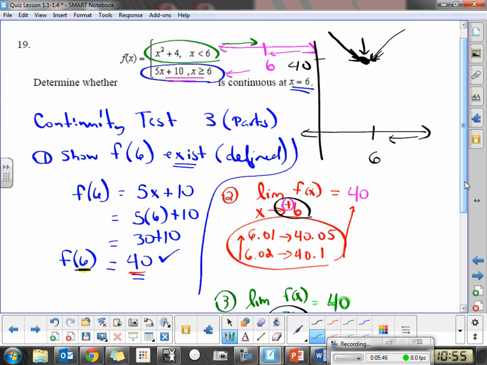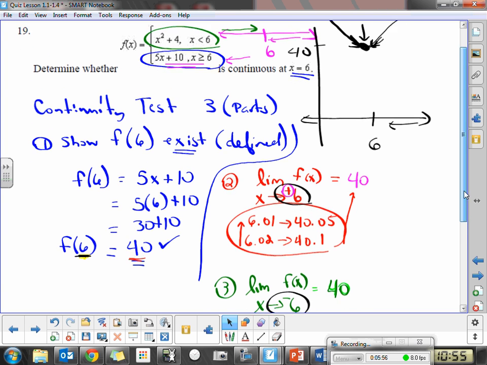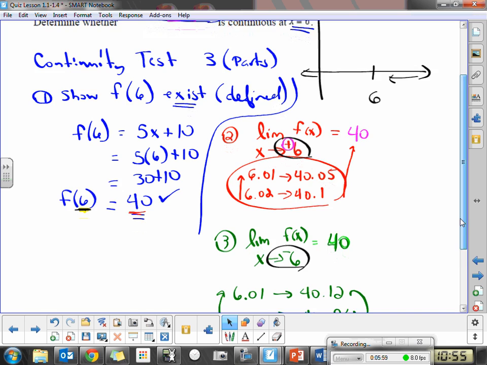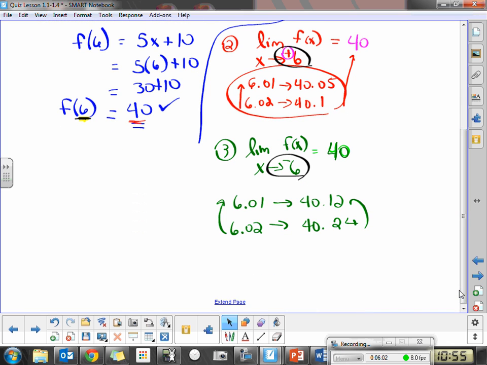So what we're doing is we're squeezing it in towards our point of contention. We're proving to you that it's defined at 6, and as we approach 6 from either side, it's approaching the same output, so therefore it must be continuous. That's the idea behind the continuity test. So what we say is, we summarize, so because